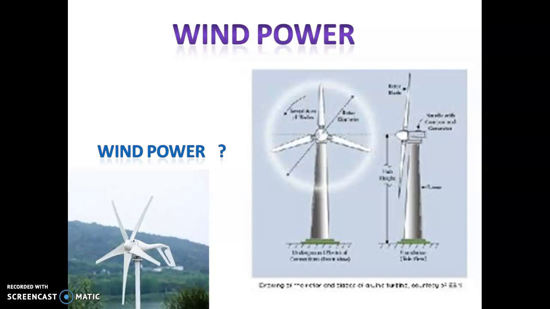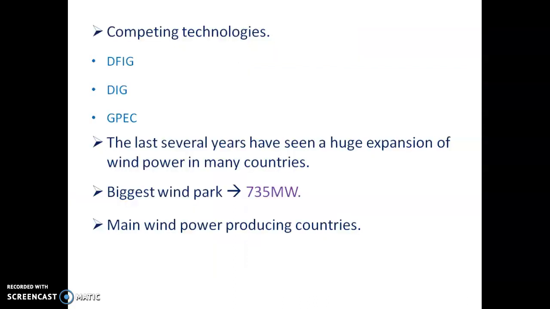A number of turbines connected together form a wind park. Similarly, in several places wind parks started being established. We started using small wind parks of 3 to 10 turbines in a typical range. Then several parks larger than 500 megawatt are in operation nowadays. So the biggest wind park is